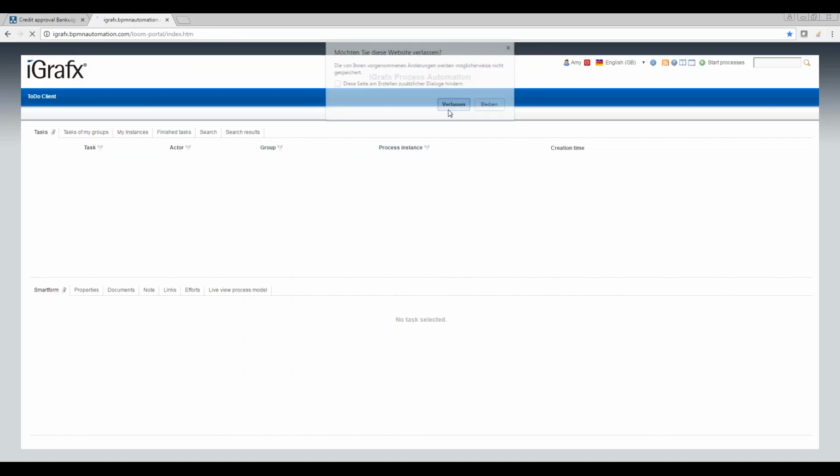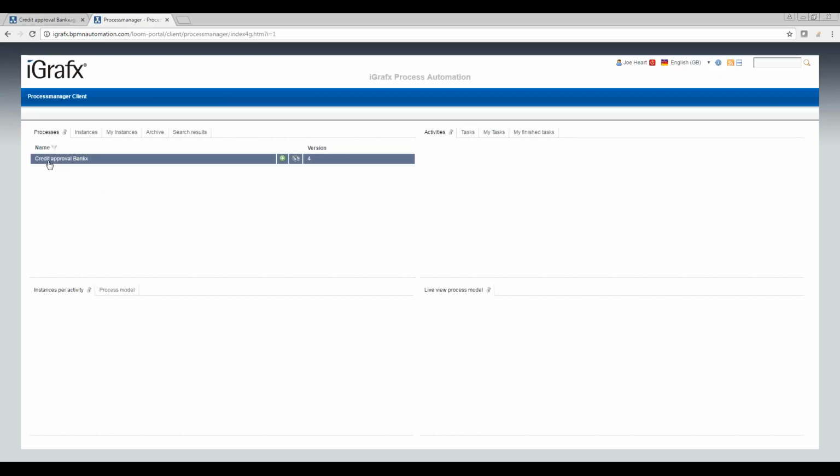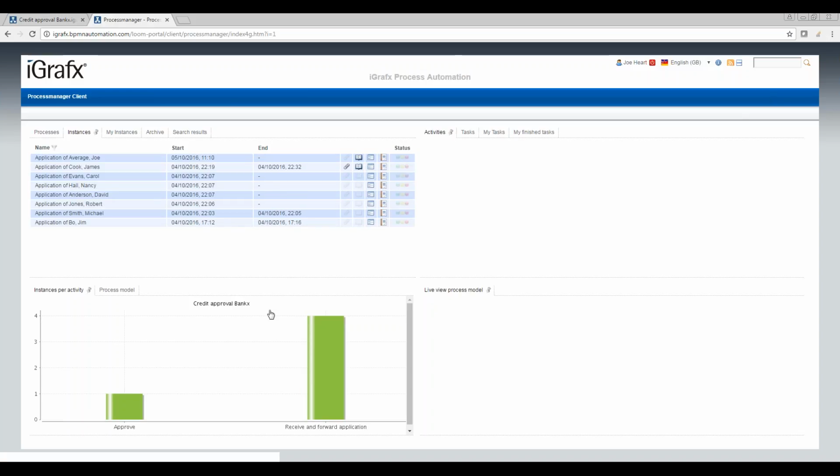And what I'm going to do now is log in as a process manager, because the process manager is the person that will receive a nice overview of all the running applications. So this is my credit approval process. I'm currently logged in as Joe, the process manager, and I only have one process that I'm managing. There might be other processes in reality, but in this case, I just have this one credit approval process of BankX. And if I select it, I get a nice overview of all the actual running applications